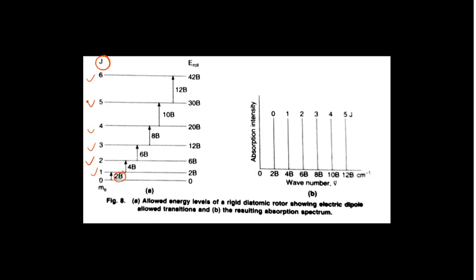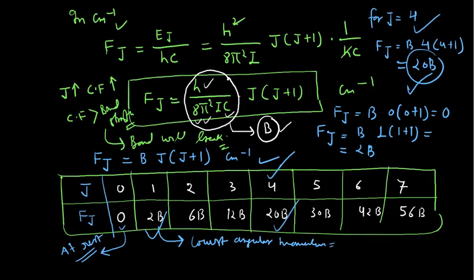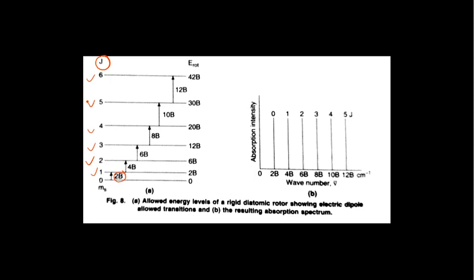See, you can go back actually here. See, when your molecule is coming from this J0 to J1, in that case this difference is what? 2B. This is what I have written here. This is 2B actually, this difference 0 to 1. Okay. But when you are going from 1 to 2, say from here to here, that means 1 to 2.